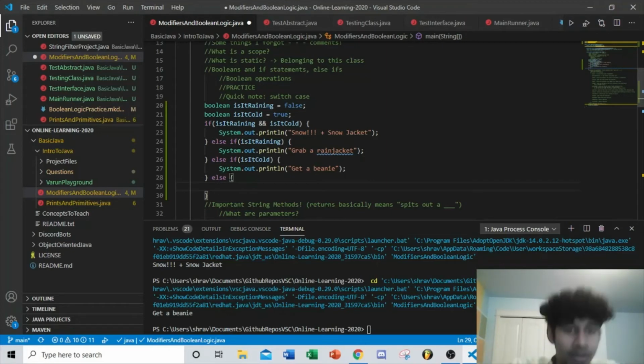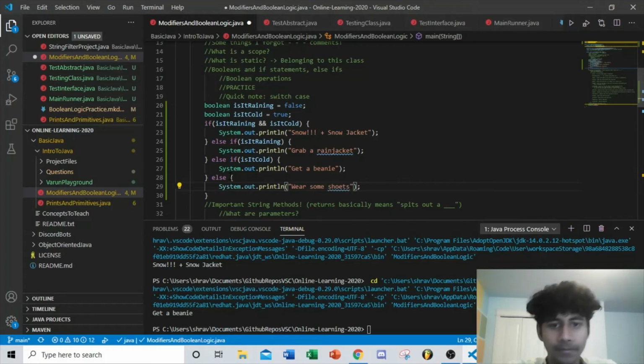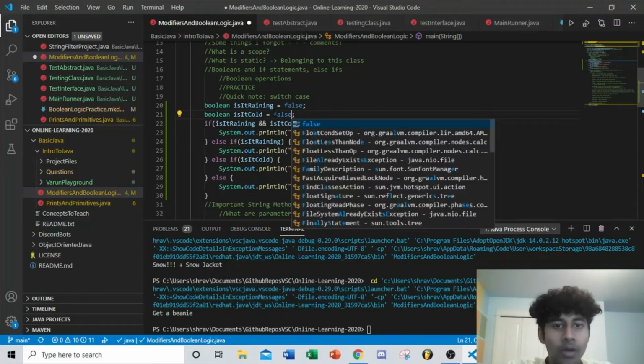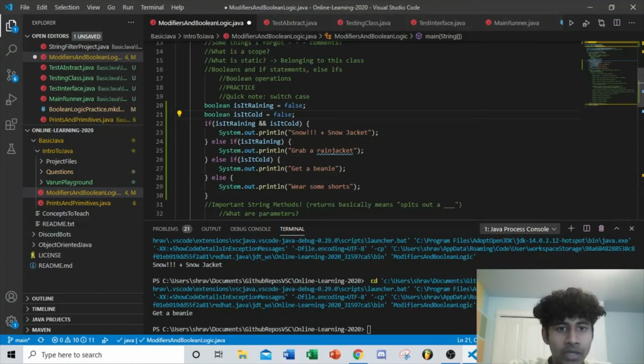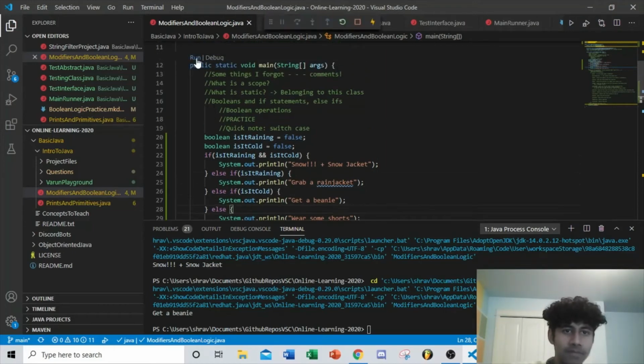So now what I'm going to put is out, wear some shorts. So now if I set both of these to false, walk through this in your mind really quickly. Check each of these inside the parentheses and think to yourself whether it's actually going to occur. And now, if I click run,